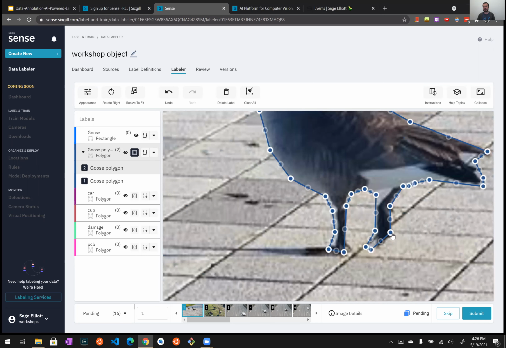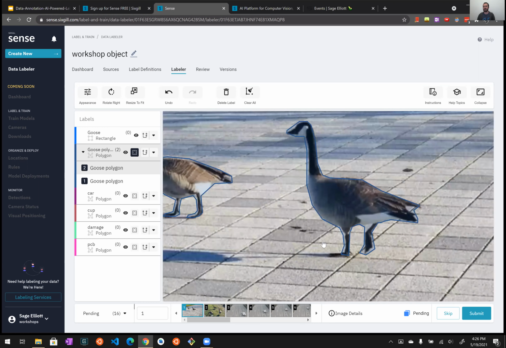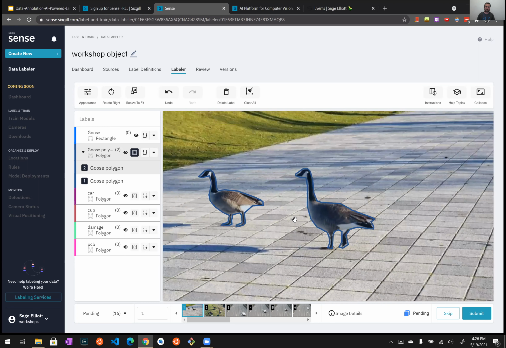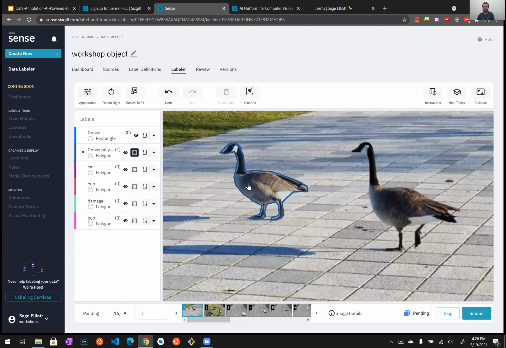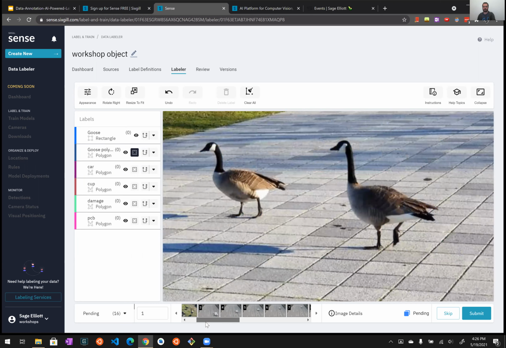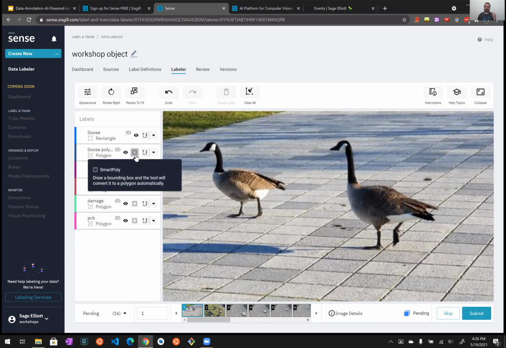So super cool, it saves a ton of time labeling polygons. I didn't like doing big projects with polygons if I had to label them myself because it is very time consuming. But now with a tool like Smart Poly, it makes it way faster. So let's look at a couple other ways to speed up our labeling, and we'll get into these other images here in a second. So if I was actually labeling this, let's go back to the object detection example,